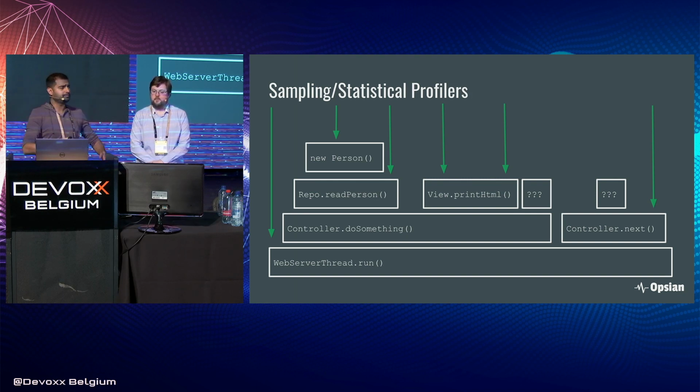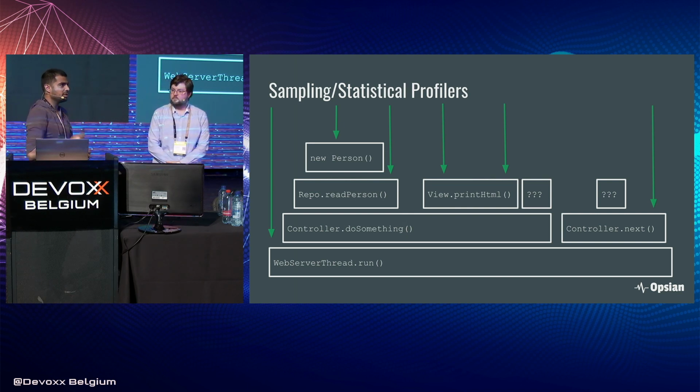And then what we would do is we would do this over a long period of time, and then we would aggregate those samples, and we'd have a statistical view of the program's performance over a period of time. So this is how an idealized Java profiler would work. And there's actually a call in Java called get all stack traces, which unsurprisingly gets all the current stack traces for all the threads running in Java. But there's a slight problem with using that to actually profile your Java code.